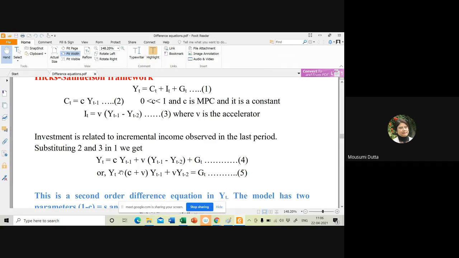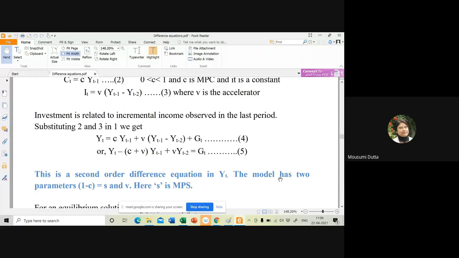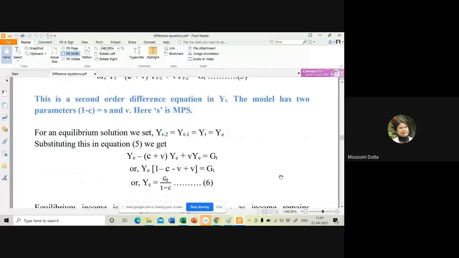So we actually plugged equation number 2 and equation number 3 in equation number 1 and framed a second order difference equation in income. And from that equation you derived the PI part, particular integral part, or equilibrium income, which is given by GT by 1 minus C. So when we are considering equilibrium, when we are considering a steady state,